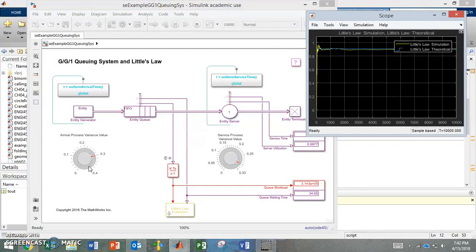If we go ahead and run it, I paused it because my computer's really slow, but we get our display blocks over here, which show the queue workload, the queue waiting time, the average server time, and the average server utilization. We also get this scope window over here, which lets us compare our empirical and theoretical ratios according to Little's